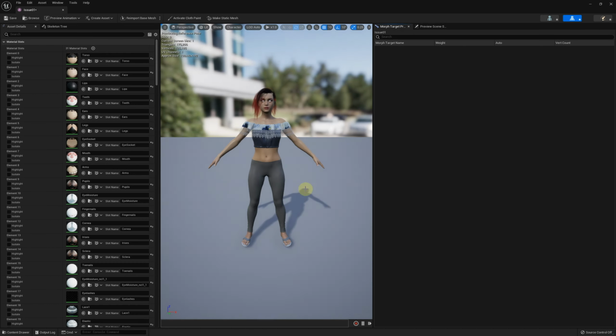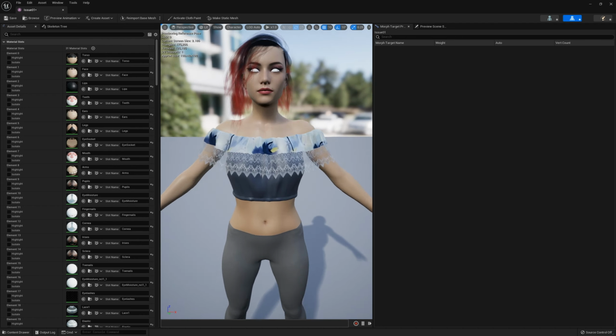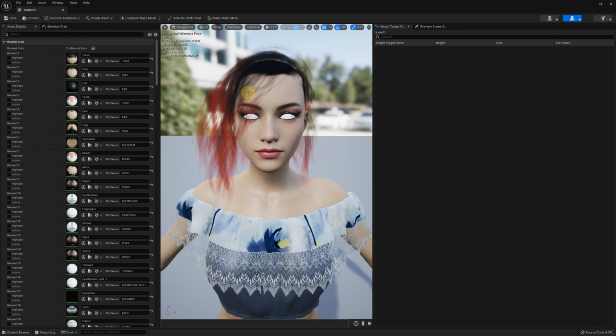Double-click to open the skeletal mesh. You can see some problems with her hair and eyes. That is because of the materials. It's easy to fix.